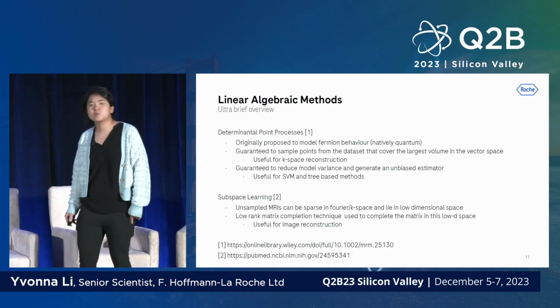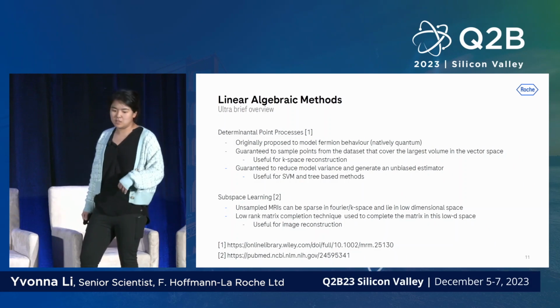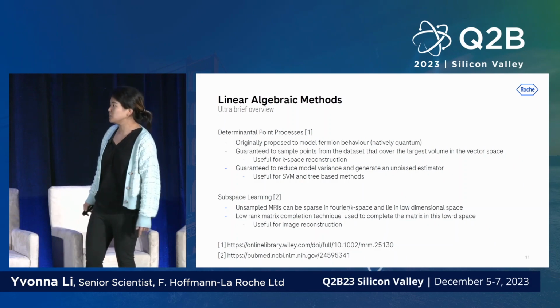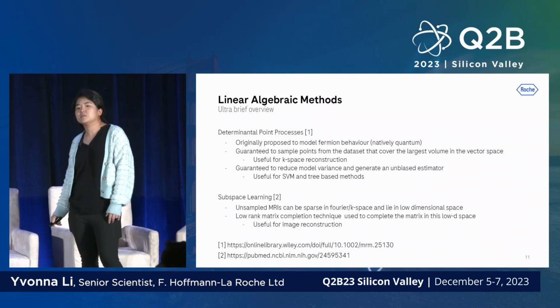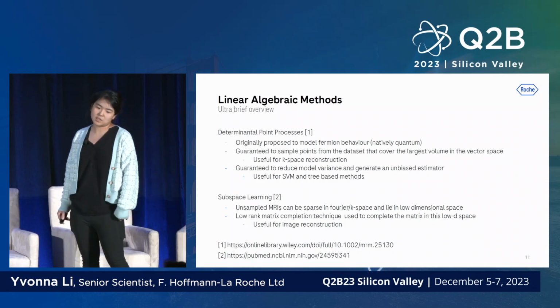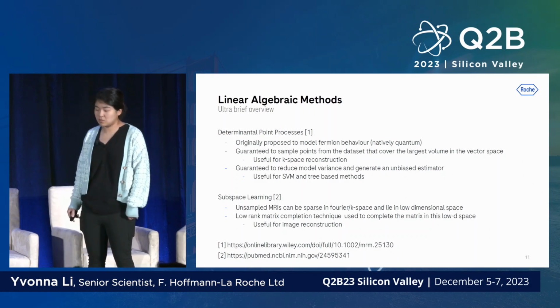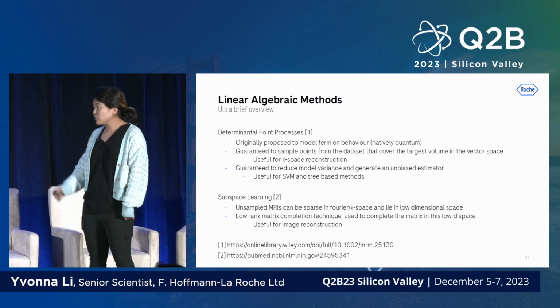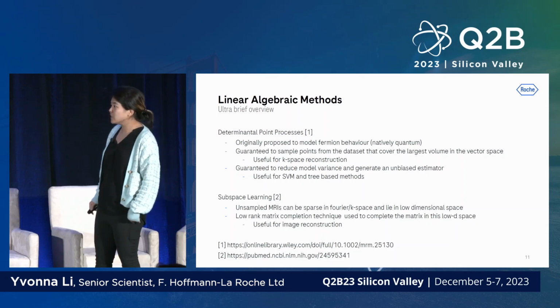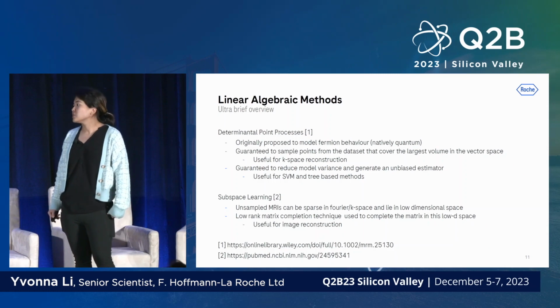And this method comes with a nice property that it gives us reduction in model variance, and it generates a so-called unbiased estimator, which makes it very nice for downstream classification tasks using, for example, SVM and other tree-based methods such as XGBoost. And moving on to subspace learning, this is a related idea where we, again, are looking at undersampled